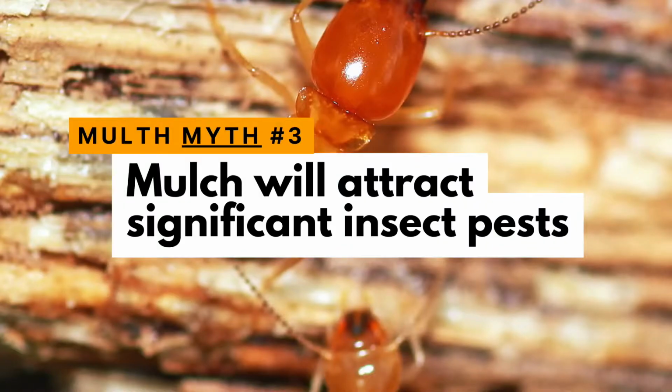Myth number 3 is that using mulch in the landscape will attract insect pests. And of course, different materials can attract or support different pests, and you have different pests in different climates, and there are so many variables here, so always do a little bit of research. Here in the Pacific Northwest, using a wood chip or an arborist chip mulch or a cedar chip mulch is not going to increase the odds of a termite or ant infestation.